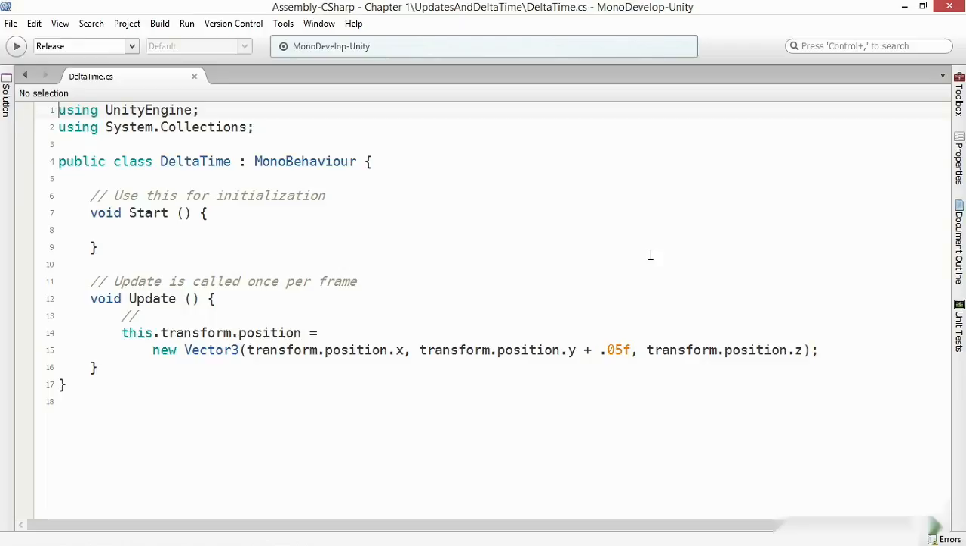Using delta time, we can give our game more consistency, regardless of the speed it runs. We call this frame rate independence. In Unity, delta time is measured in